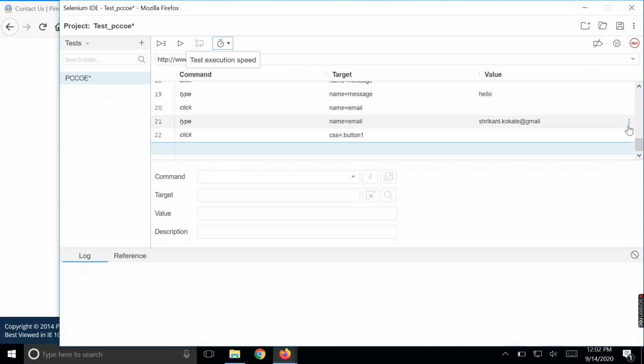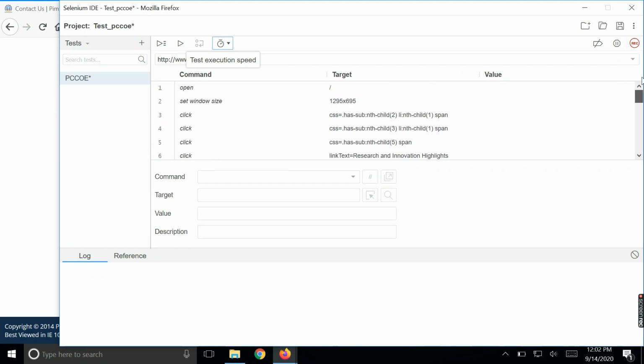Now if you see this, here we have all the options: create new project, open the project, save the project, then execution, pause the execution, exceptions, then record, stop and record, play, like this. And the test cases are saved with respect to three attributes.